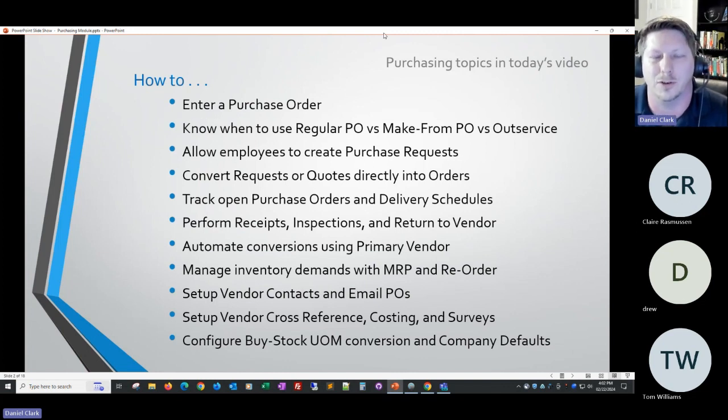And then you can convert those requests directly into quotes or into purchase orders, how to track purchase open orders in your delivery schedules, how to perform receipts, do revisions, do inspections, do return to vendor, how to automate your conversions using your primary vendor so you can take advantage of some of the automations in the ERP, how to manage your inventory demands with MRP, and really that could be a whole webinar in itself, so we'll